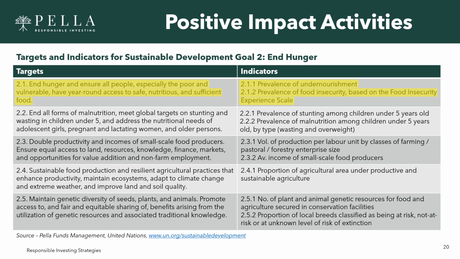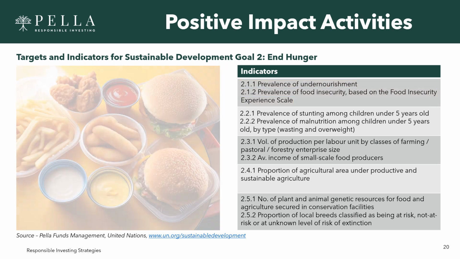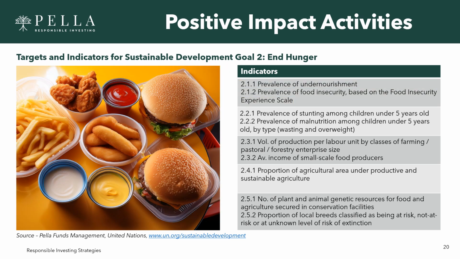Let's continue examining the End Hunger Goal with an example to understand the importance of the Sustainable Development indicators. Consider a hypothetical fast food company that produces affordable food targeting lower-income demographics. At first glance, it might seem that such a business contributes to the overarching goal of reducing hunger. However, when we examine the End Hunger indicators, the alignment becomes questionable. For example, due to its typically high calorie but low nutrient content, fast food neither reduces the prevalence of undernourishment nor addresses food insecurity. It does not reduce stunting of children under 5 years old, and it certainly does not